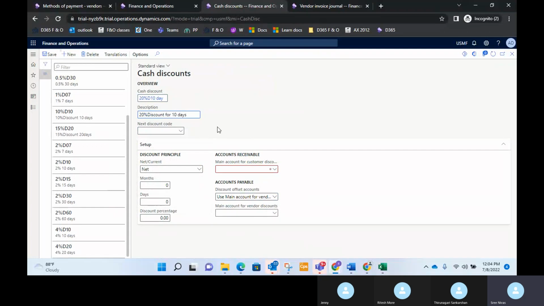Also, vendor has given you one more option. Let's say you are unable to pay, that is before 10 days. He has offered you one more offer. That is, let's say we'll try to create,